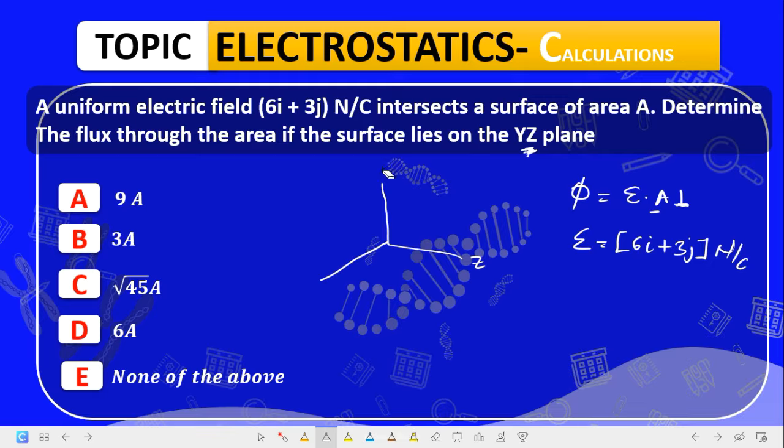Which is often represented as X, Y, Z, which is represented with I, J, and what? K. Now we must find the electric field that is perpendicular to the surface. The surface, they told you, is in the what? XY plane. So let's assume that this is where the surface is. Let's assume that this is the surface in question. The electric field flux that we must find is this one that is coming from here, which is only the one at the what? X component.